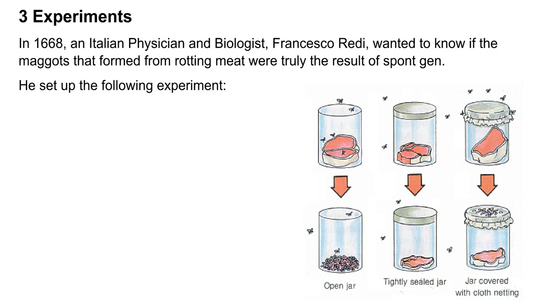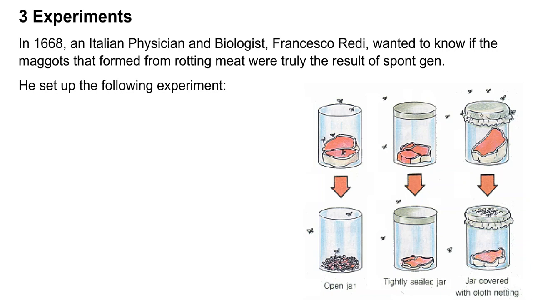They weren't necessarily attracted to any scents or anything like that. So the flies didn't conglomerate around it. But most importantly, the maggots didn't spontaneously form on the meat. Okay, that's quite interesting. He performed a third experiment with a third jar where he took a fresh piece of